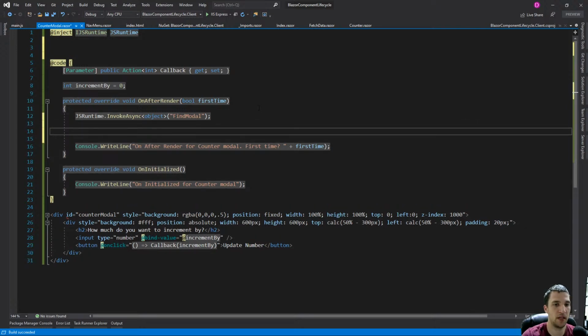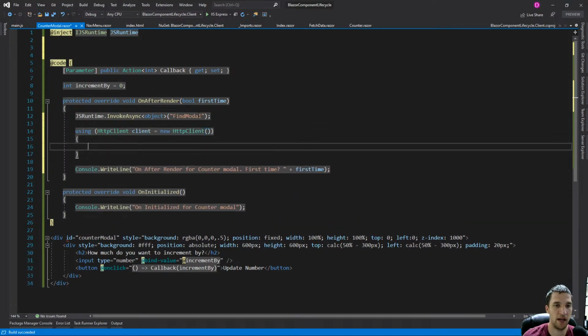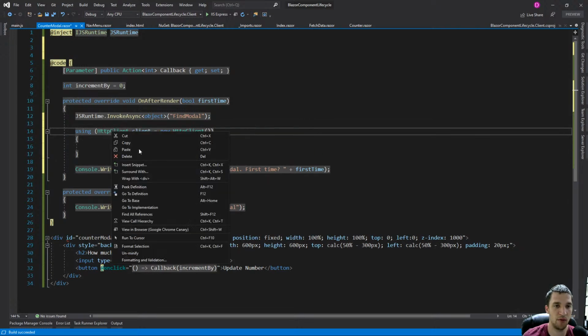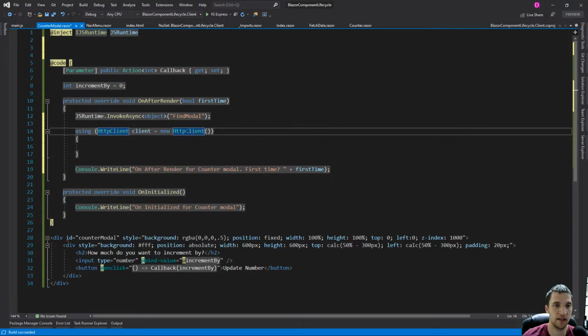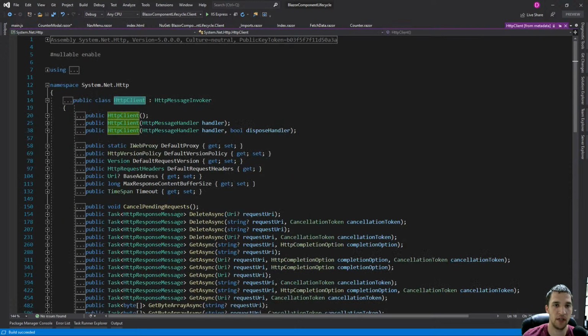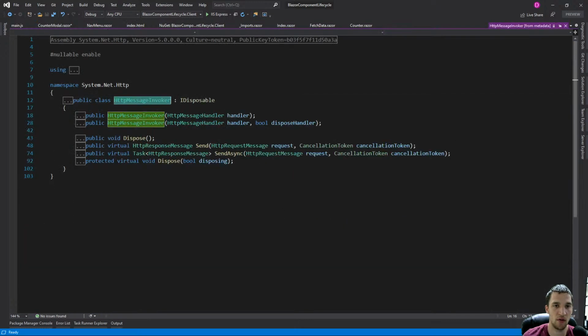So you could do something like using HttpClient client equals new HttpClient, and HttpClient is one of those things that implements the IDisposable interface. If we look at this here, eventually we've got to keep going all the way down, but you'll see it implements IDisposable,